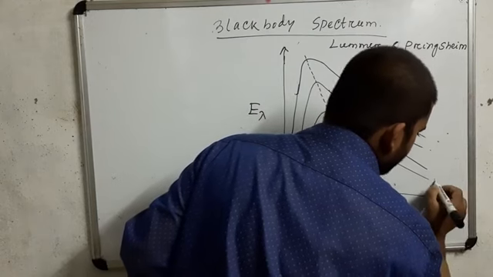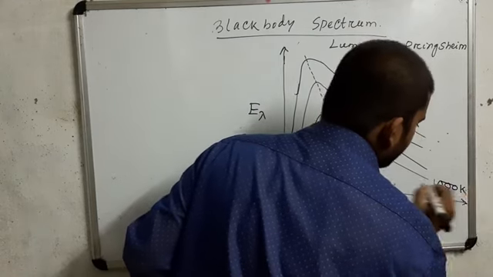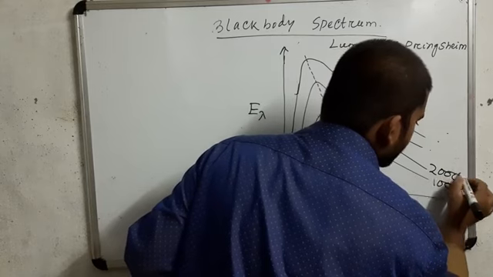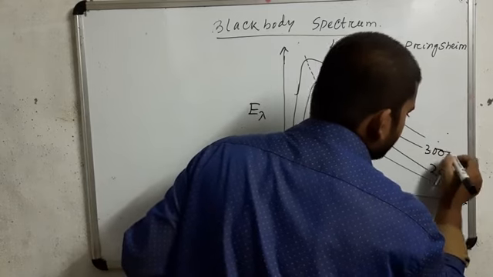Okay, so let's take this is 1000 Kelvin, this is 2000 Kelvin, this is 3000 Kelvin, and